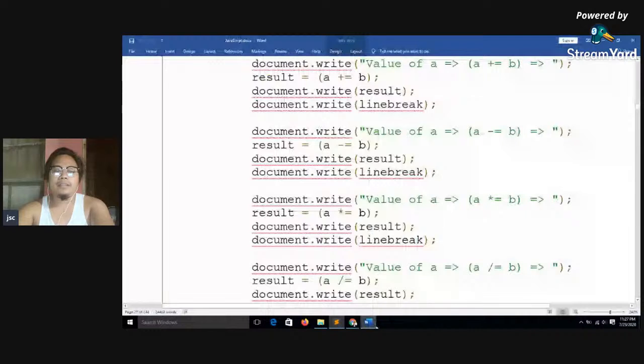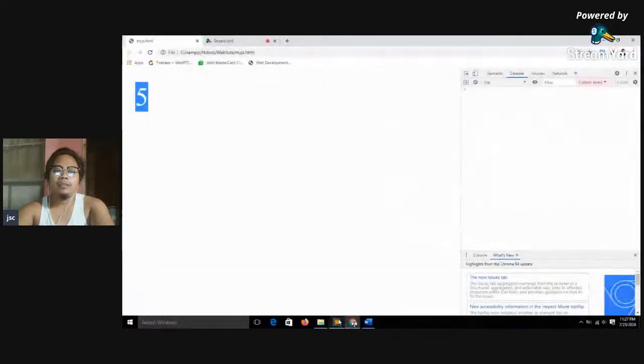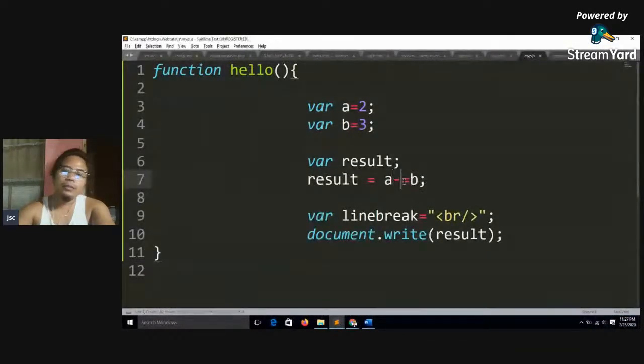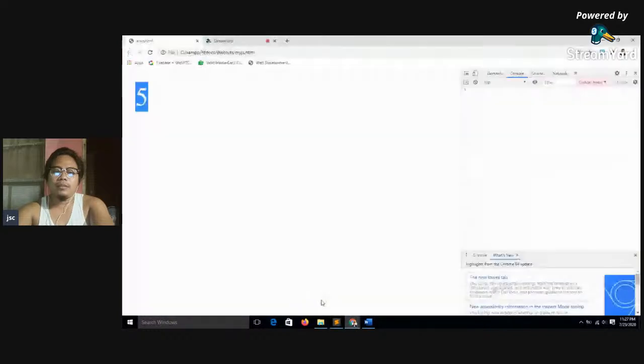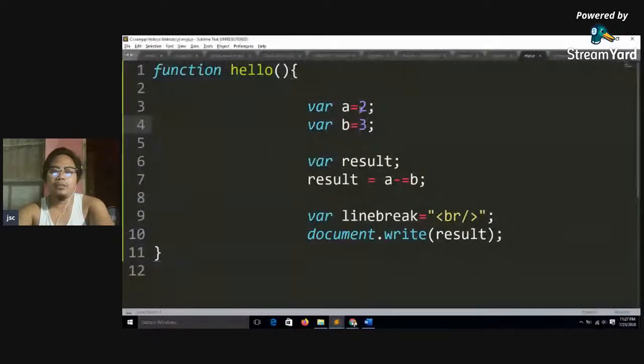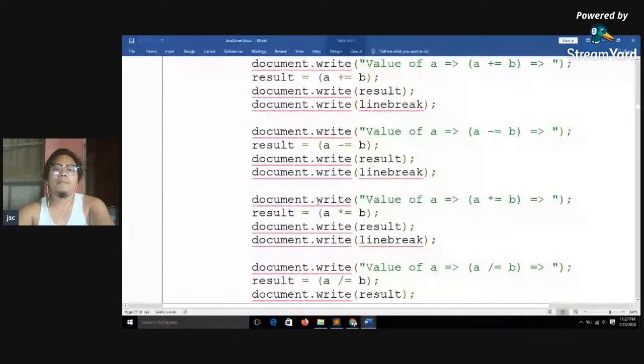And then minus equal. So let's refresh and submit. -1, because 3 minus 2 minus 3 equal to -1. Yan lang po yung mga sample na mga operators natin. And let's go on to our